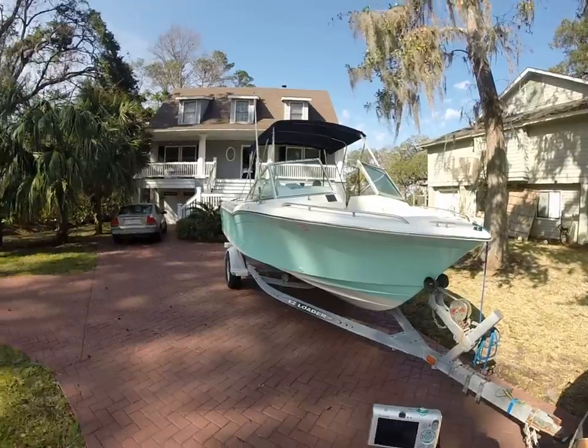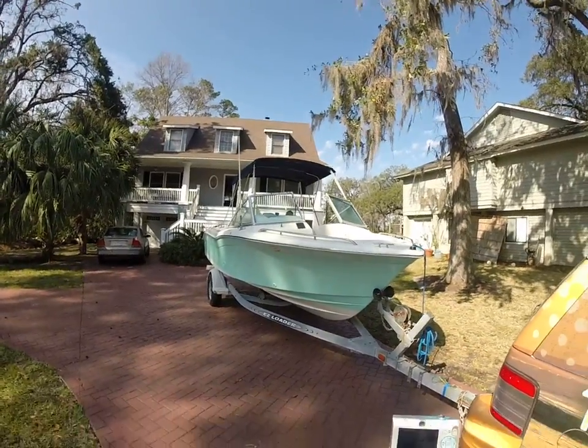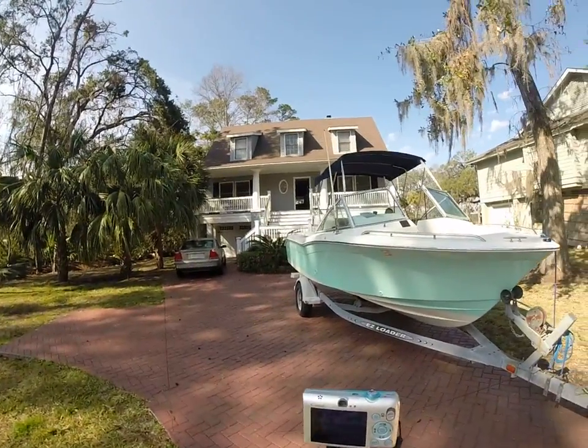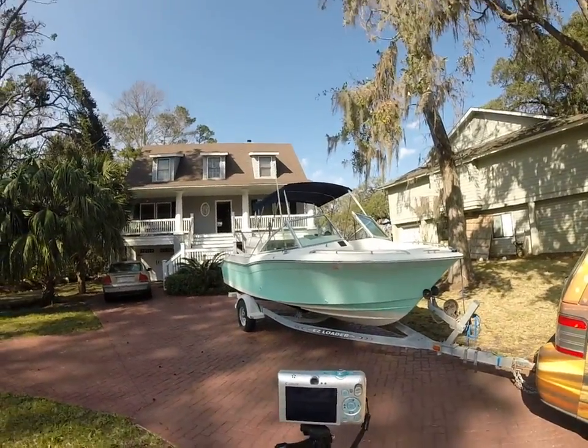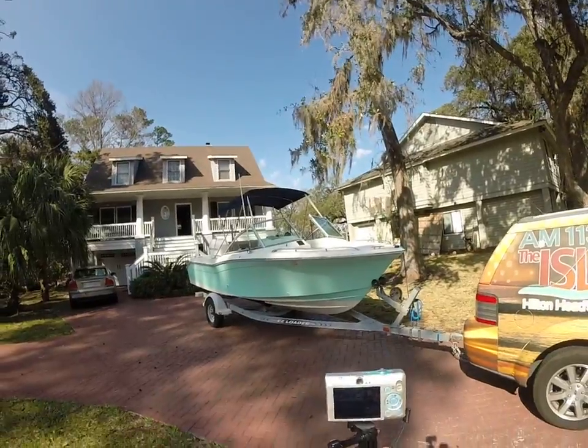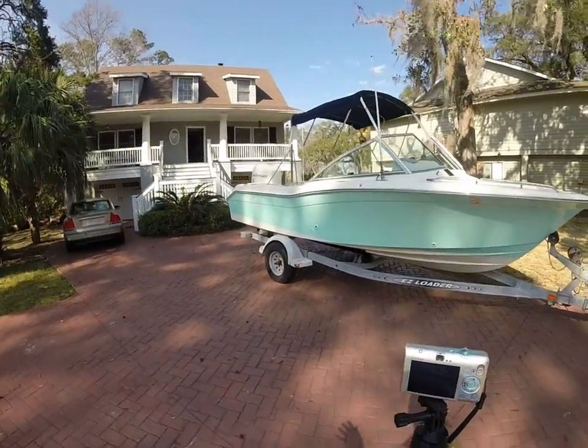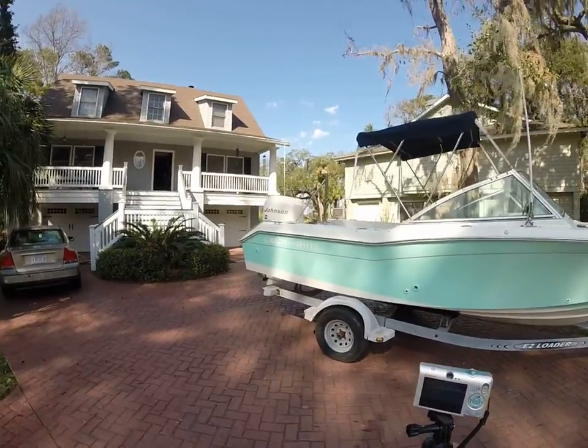So anyway, this trailer was just picked up on the quick to move the boat, as this boat was basically a dry stack stored vessel by the original purchaser all the way up until last year, when the current owner picked it up. So now that we've got that trailer out of the way and any issues regarding that,